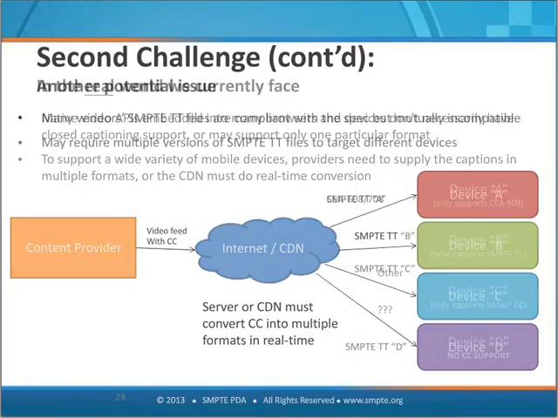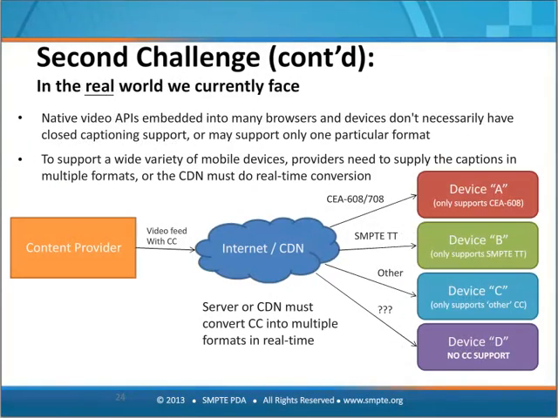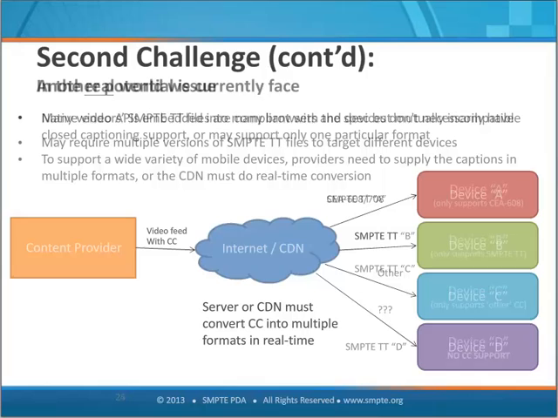All right. If more questions come up, I definitely will get to them. But let me move to the next slide. So as I was saying, the real world that we currently live in now, different devices support different kinds of captions. So you may not be able to simply deliver one kind of caption. You may need to deliver the captions in multiple formats to target different devices. There may be some devices out there that don't have any closed captioning support implemented yet. And there's really nothing too much you can do about it unless you are an app developer for that mobile device. You know, that's a problem, but I don't have a solution for that. I don't think anybody does.